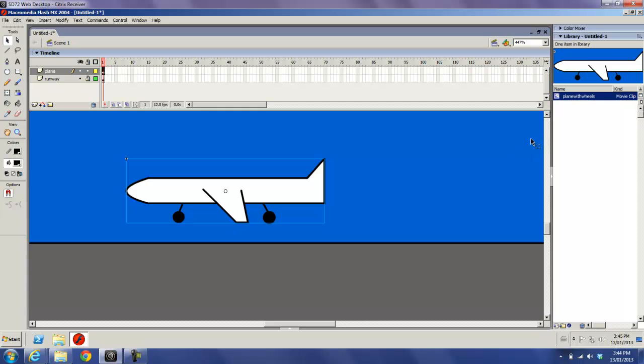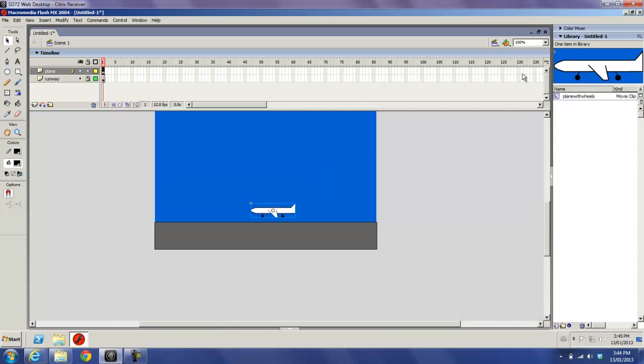So I only have one object in my library, and right now it's a plane with wheels. I'll zoom back out here to 100%. And I'm going to take my plane and start it off on the runway here. Now, here's what's important. I'm going to take this plane with wheels over here in my library, and I'm going to